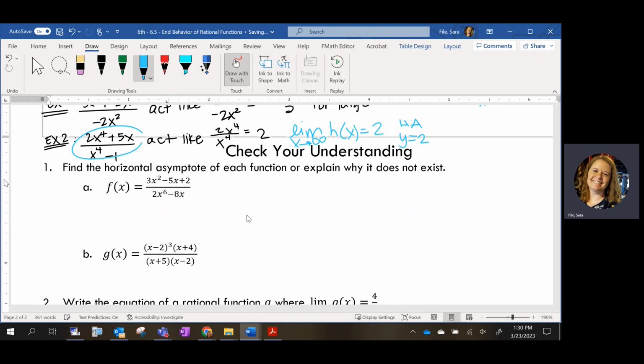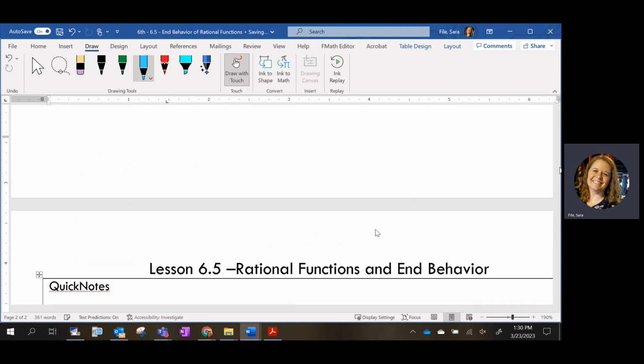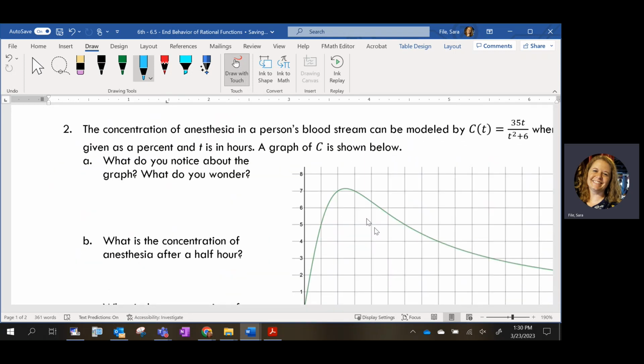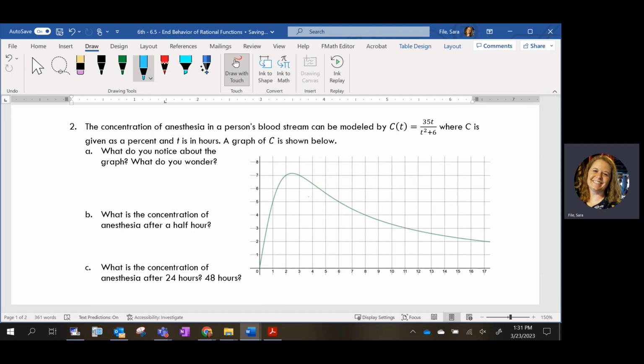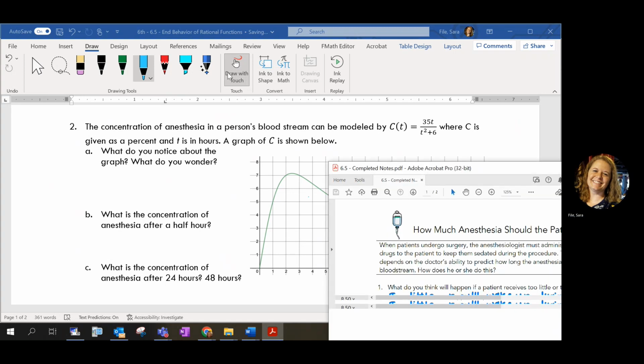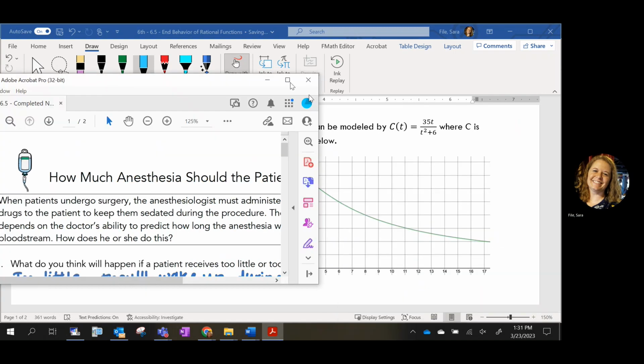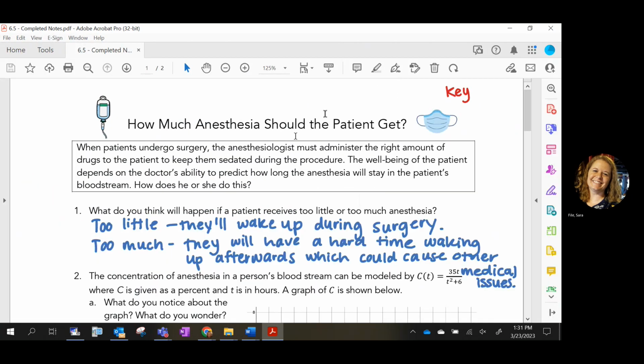All right, since my pen stopped working, I'm just gonna pull over to go over the backside with you instead of writing things down and filling it in as we go, since for whatever reason this isn't working. I'm just gonna pull over the completed one that I already have, and we can go through it and you can double check yours and let me know if you have questions and we can talk about them. All right,